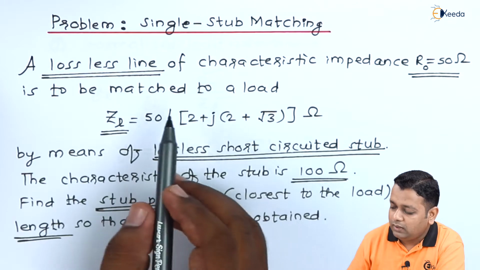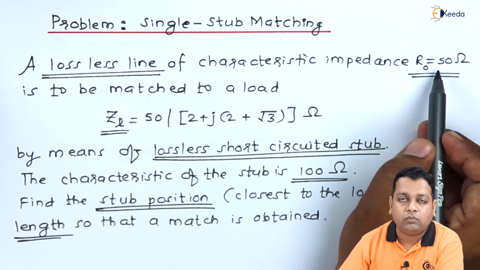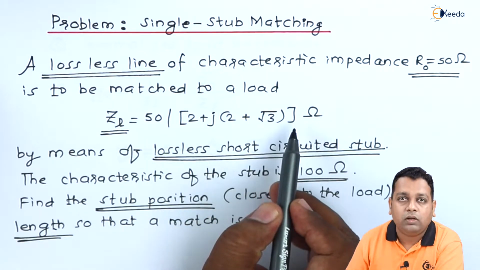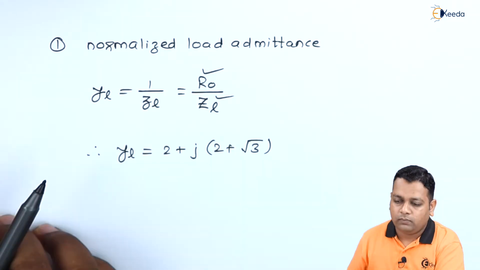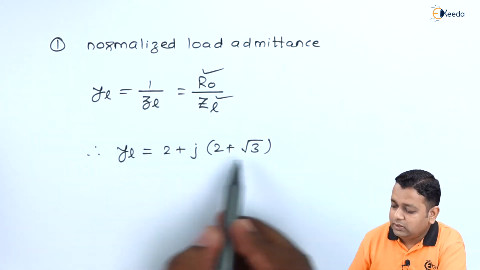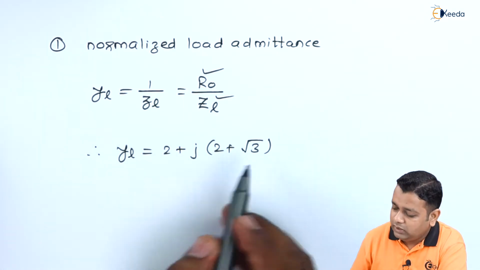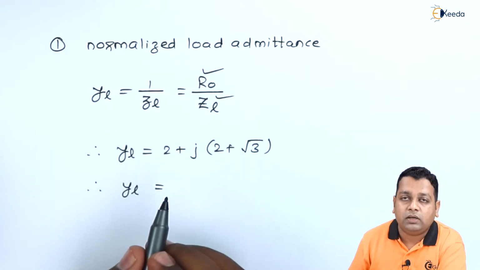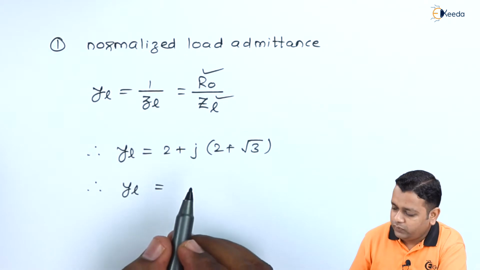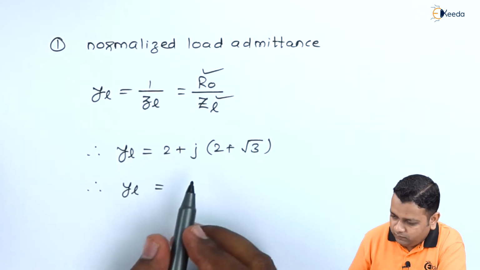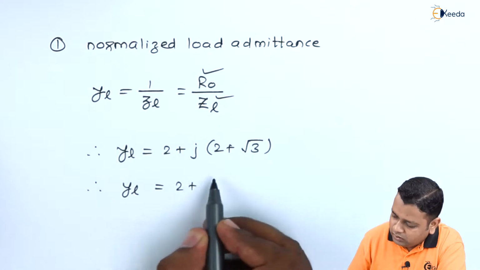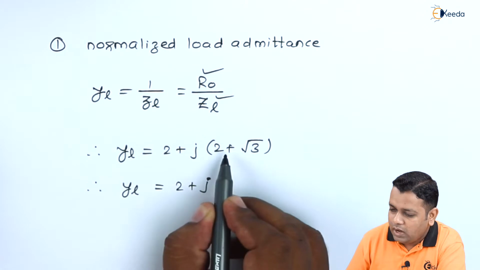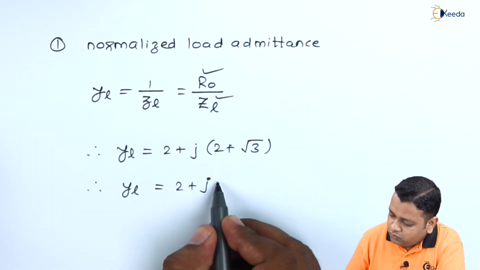So finally, getting the 50 value cancelled from the numerator and denominator, this square bracket will be the resultant normalized load admittance. So this is the normalized load admittance. Now we shall get it to the distinct real and imaginary portions. So here we shall have 2 added with j times the square root of 3 value, which can be found out and will be added to the 2. It results into